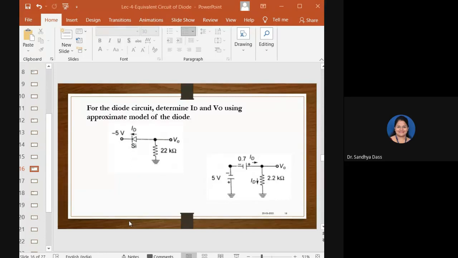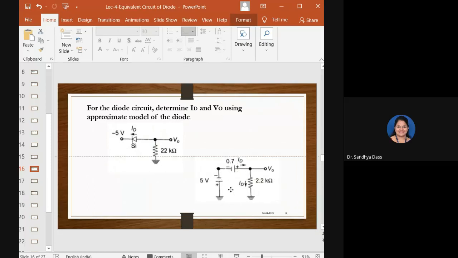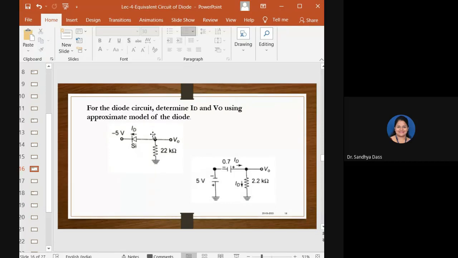Okay. Now try to find, for the diode circuit shown here, determine ID and V0 using the approximate model. That is the first circuit. The second circuit is nothing but the equivalent circuit of the same. It is the equivalent circuit of the top one. So this is the main circuit. For the diode circuit shown, determine ID and V naught using